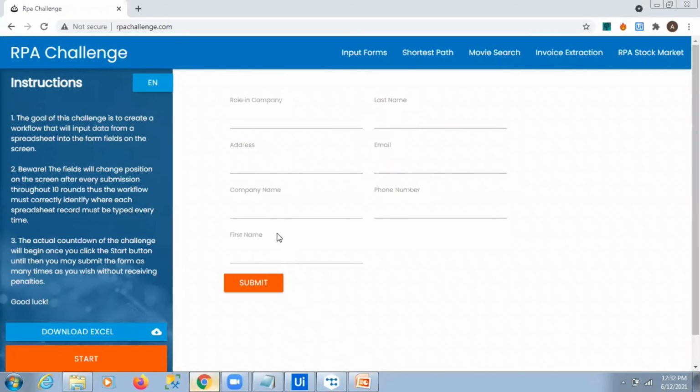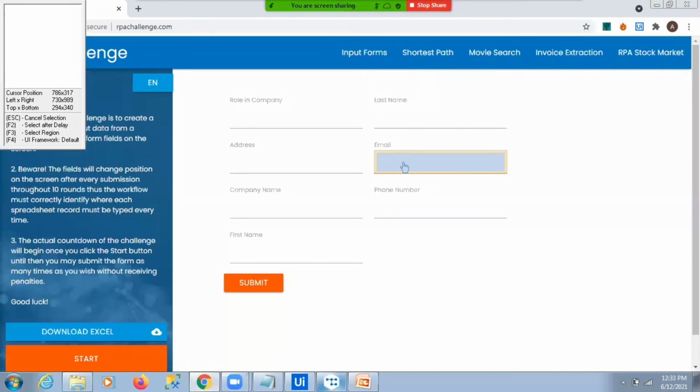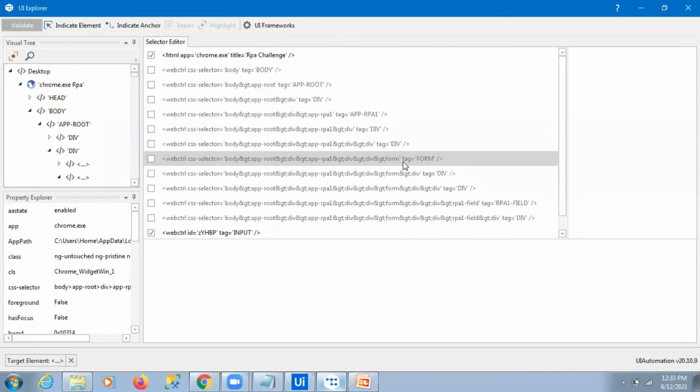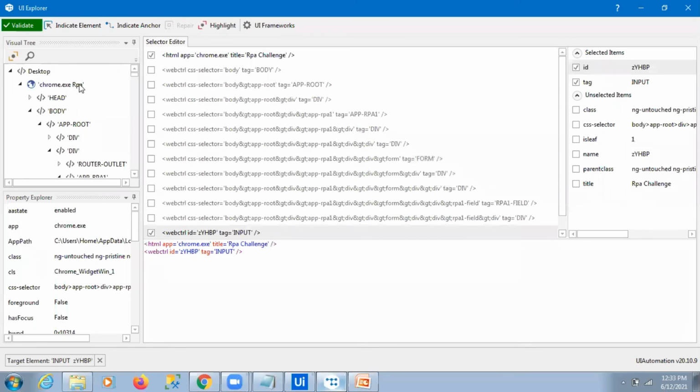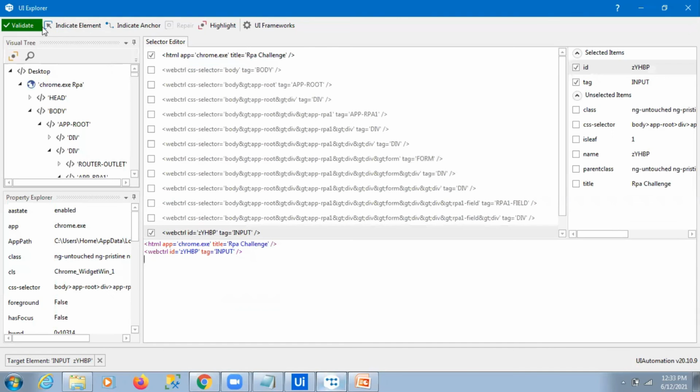See the last name here. Now the last name is first. So that's why the index got changed. It's highlighting properly. Now I'm refreshing that email address page. Now I'm trying to highlight, and it is not highlighting properly.